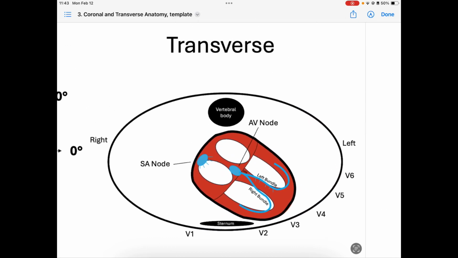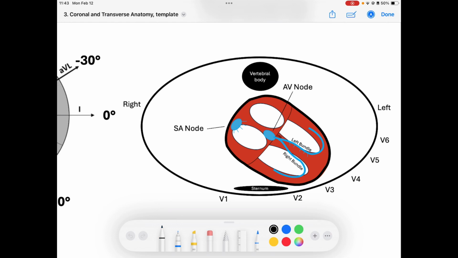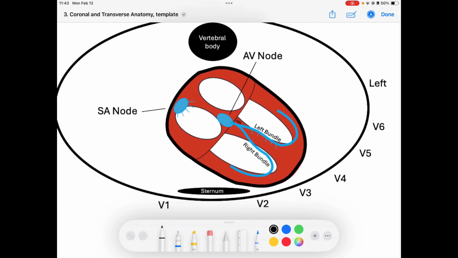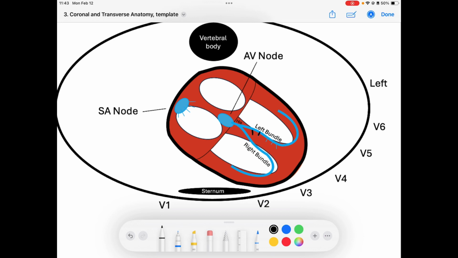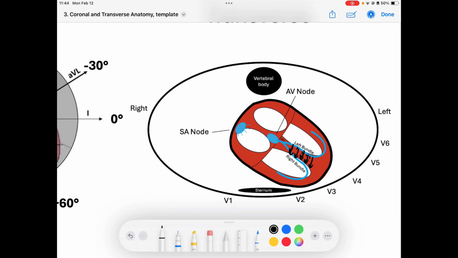Well, if I look at my transverse plane here, remember that our right bundle and our left bundle, as they pass through the septum here, the left bundle is actually the bundle that gives off these projections and depolarizes the septum from the left to the right. And this is the first aspect of the myocardium that depolarizes. So early in the QRS, in V1 and V2, you get these small upticks, that little small R wave